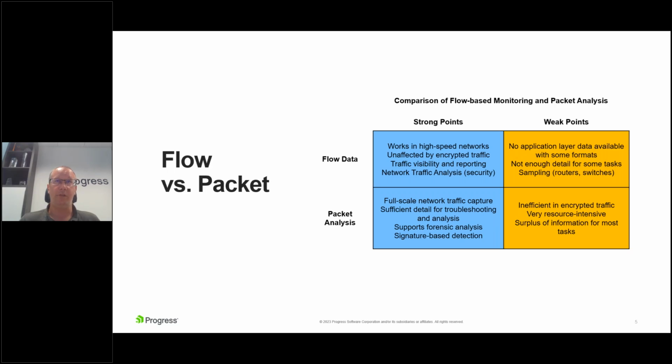But of course, you can be sure that all the details that you need will be captured and will be